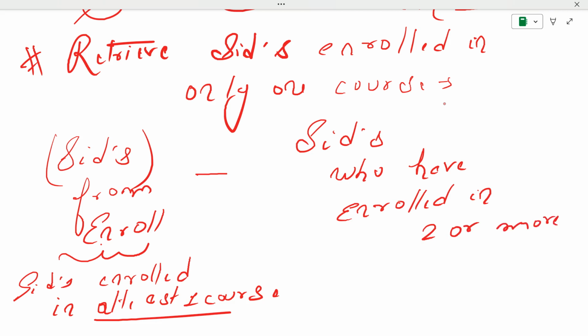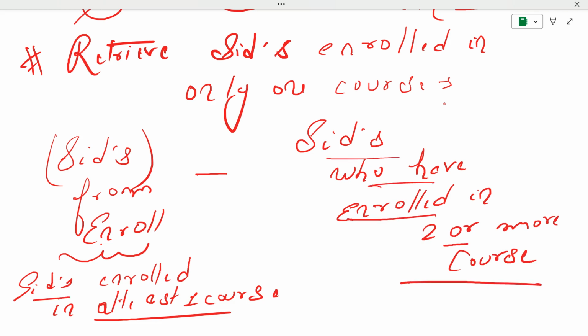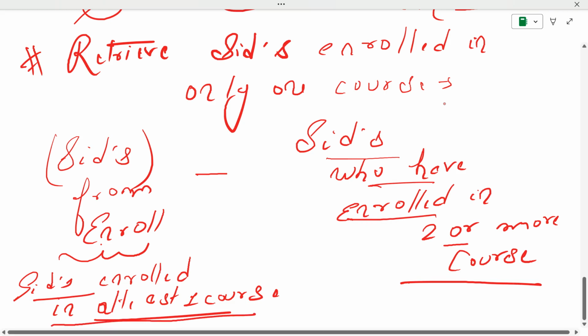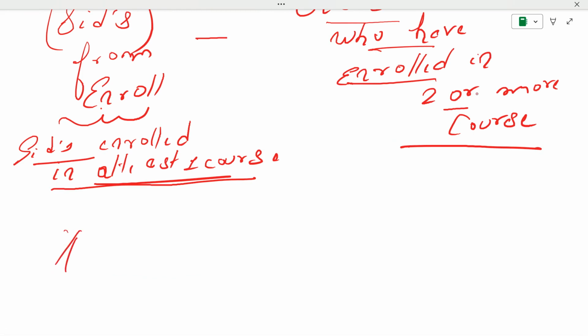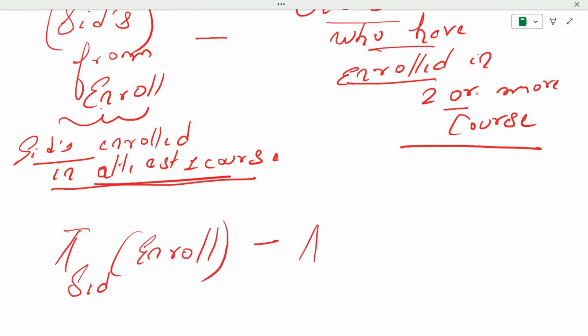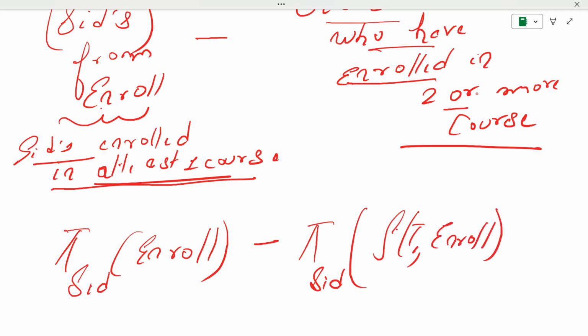Okay, so we can subtract the SIDs who have enrolled in two or more courses from the SIDs who have enrolled in at least one course. So how to find this? We can write it like projection of SID from enroll, and then we can subtract from here projection of SID, and under bracket we can write row T1 enroll, and natural join conditional join with,